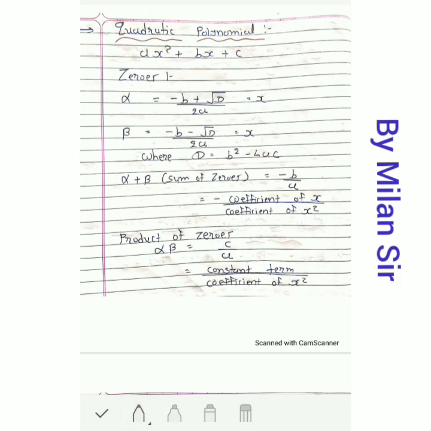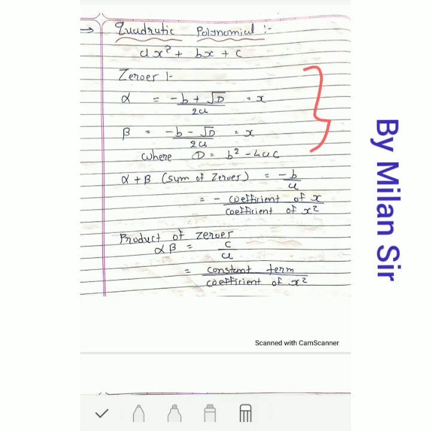Just think about this formula, alpha plus beta is equal to minus b by a. Why? Because I already wrote two formulas for alpha and beta. Now how these become our alpha and beta, I will explain in chapter number 4, because you need to learn about the completing the square method and the discriminant D method. That I will explain later.